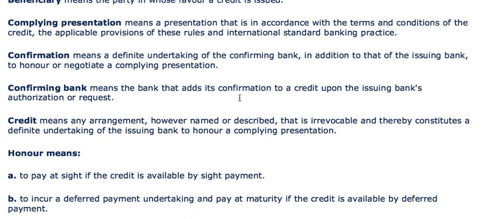Even if it is not mentioned in the terms, but it is subject to UCP 600, it automatically means that the letter of credit is irrevocable. So now you can just see what is meant by irrevocable. Irrevocable is a document which cannot be changed without consent of all the parties involved. So, letter of credit as per UCP 600, it is always irrevocable.